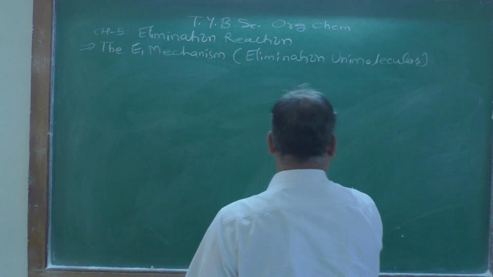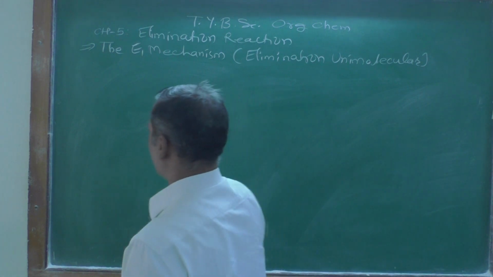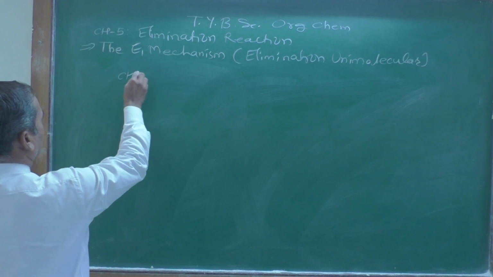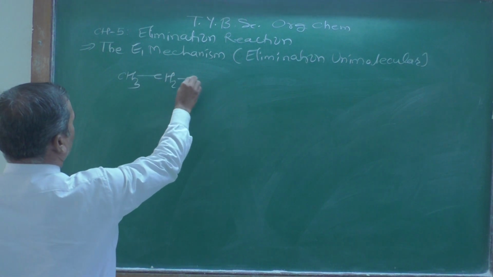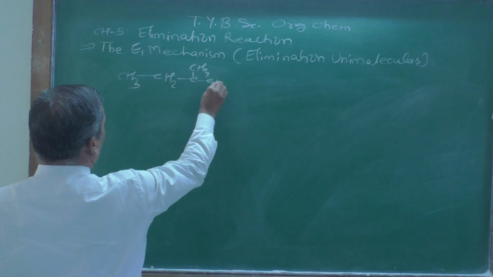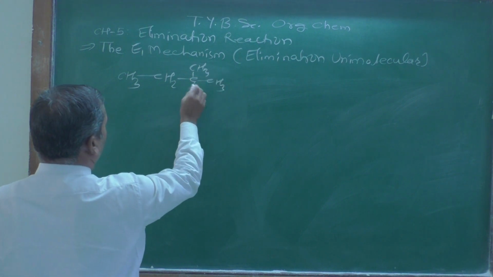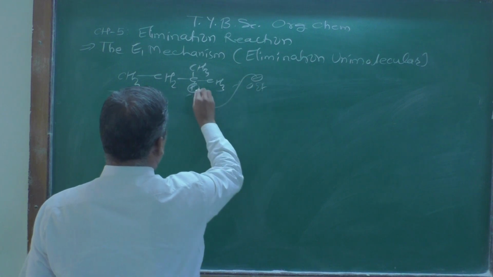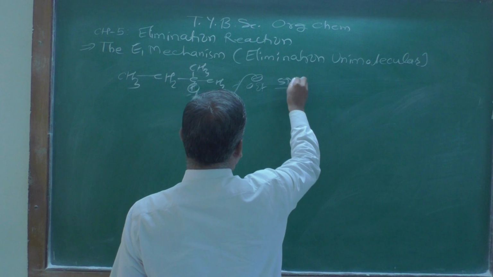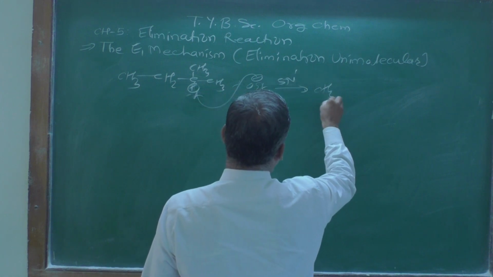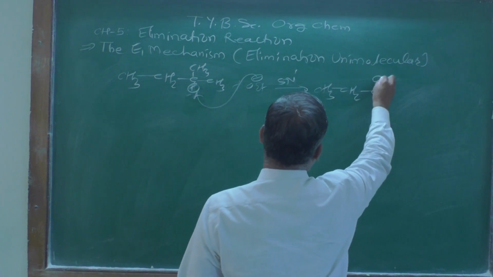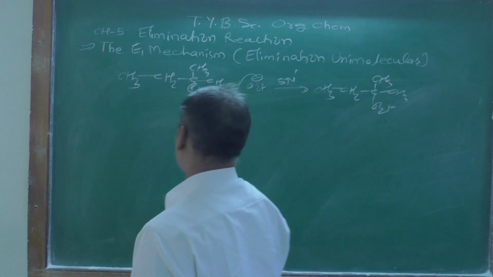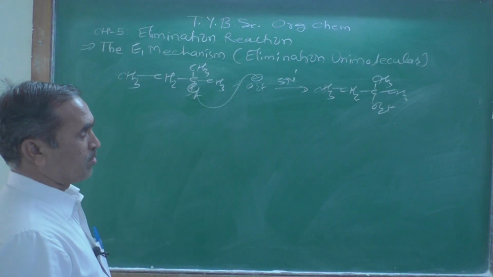So when the carbocation is formed, it can combine with a nucleophile like this. Suppose this is the carbocation, CH3, CH2, C, CH3, CH3, and here is a positive charge. The OEt minus can attack on this, and you are going to get an SN1 reaction product: CH3, CH2, C, CH3, CH3 and OEt, like this. That is the substitution reaction. Then rearrangements are also possible.